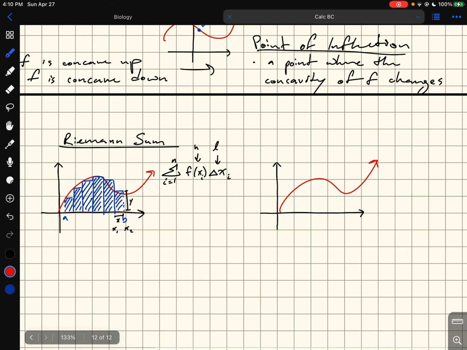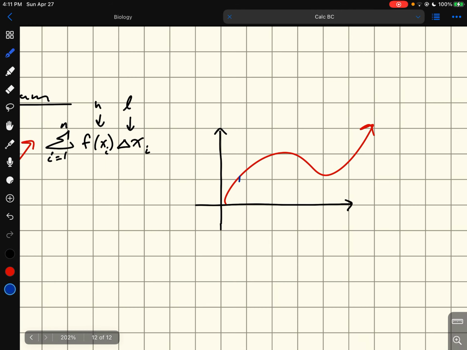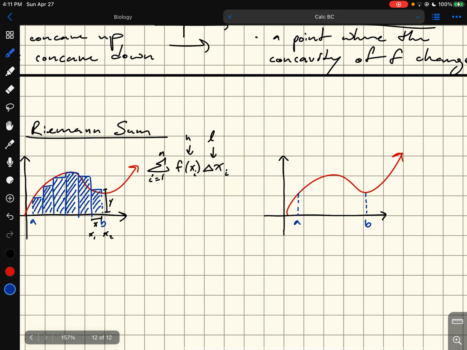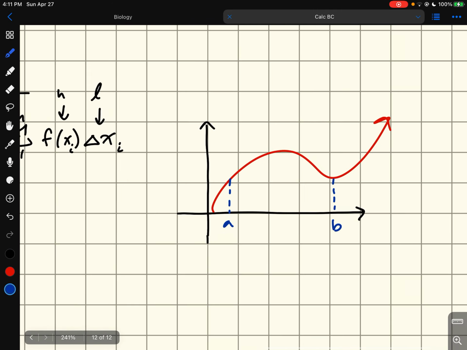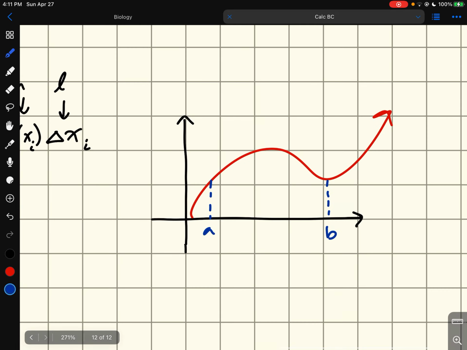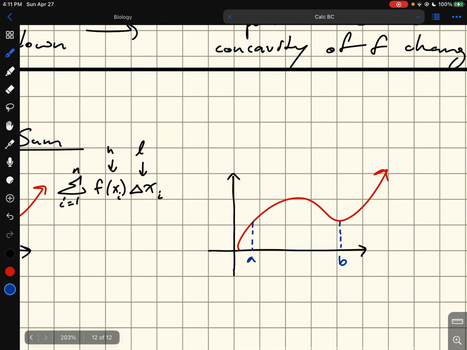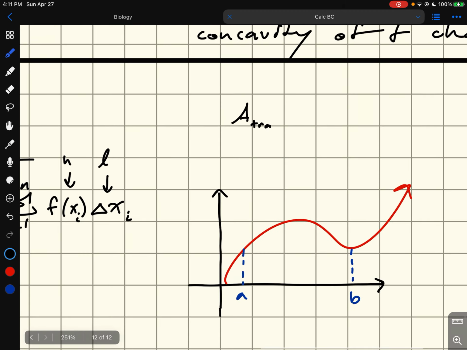Okay. I'm going from A to B, like here, right? That looks good enough. So now we're going to use trapezoids. With trapezoids, you don't have to worry about which side you're doing, because the area of a trapezoid, let me write, area of a trapezoid,